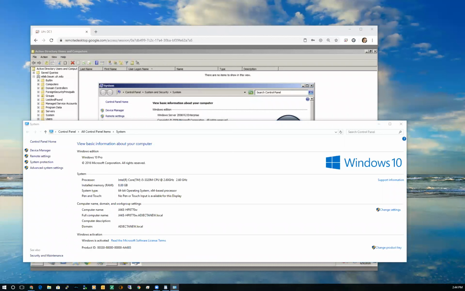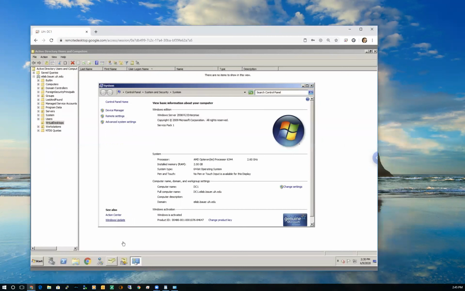Some things are case sensitive, some things are not, and that's because Microsoft tries to be backward compatible to many years ago with older computers, even back to Windows 95 and Windows 98, when there were some computers where upper and lower case didn't matter. So they try to discourage the use of a mixture of upper and lower case letters. Now you'll notice this computer name, in my case, is made up of the full computer name. And that's another term you need to know, by the way.